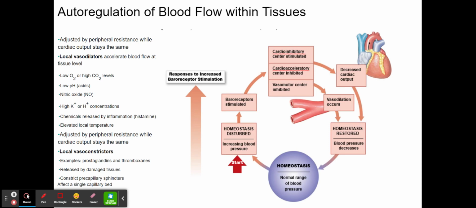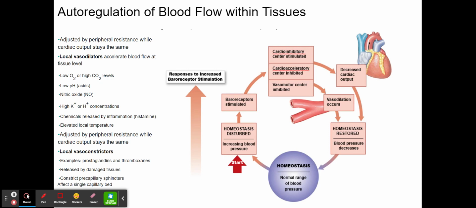Under normal resting conditions, cardiac output remains stable, and peripheral resistance within individual tissues is adjusted to control local blood flow. Factors that promote the dilation of precapillary sphincters are called vasodilators. Local vasodilators act at the tissue level to accelerate blood flow through their tissue of origin. Examples of local vasodilators include the following: